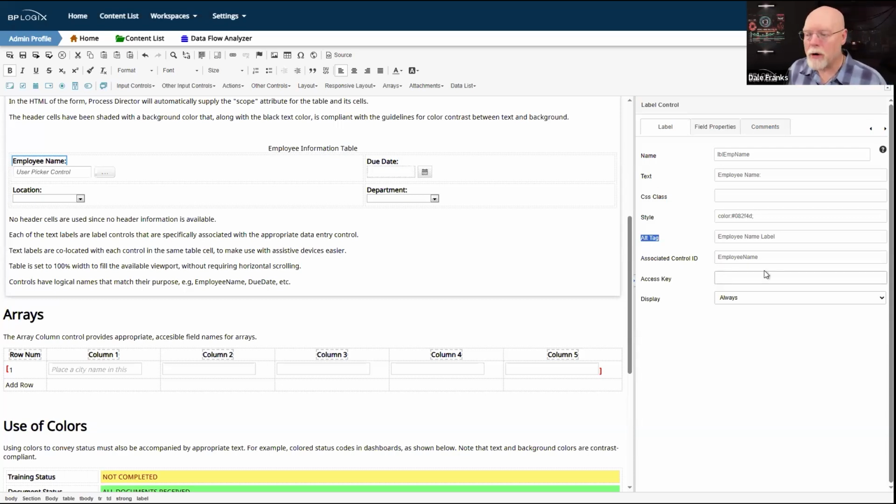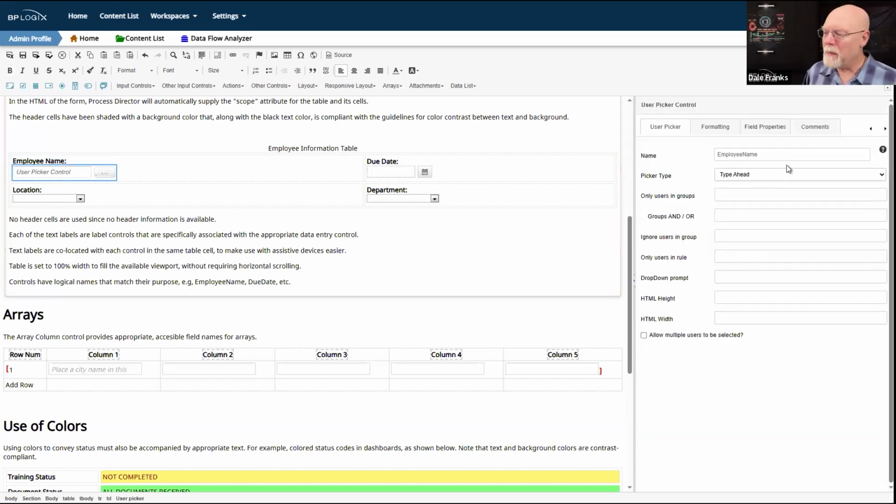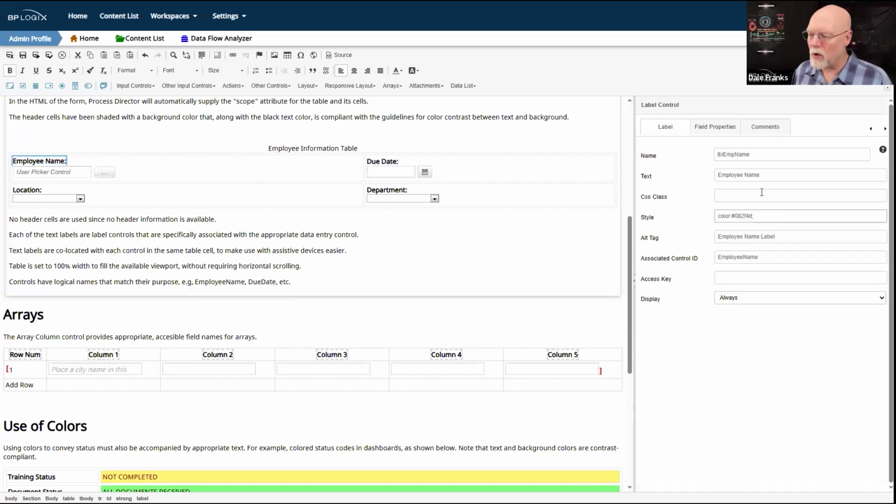With a label control specifically, you need to associate the control name for that label control. So this label control is the employee name label. The associated control ID is the employee name control. So this user picker control, if we pick it, as you can see, it is called employee name. So you have to have that direct link between your data entry control and your label.